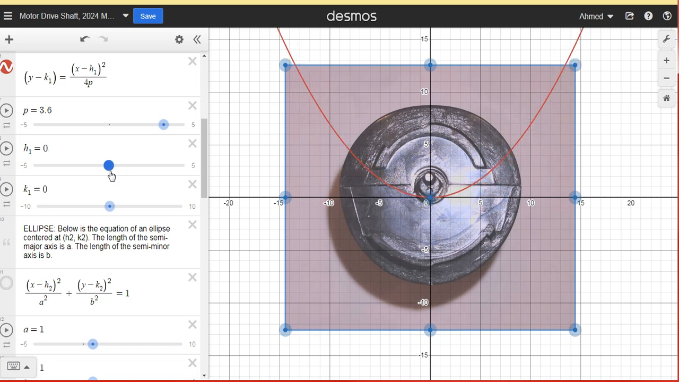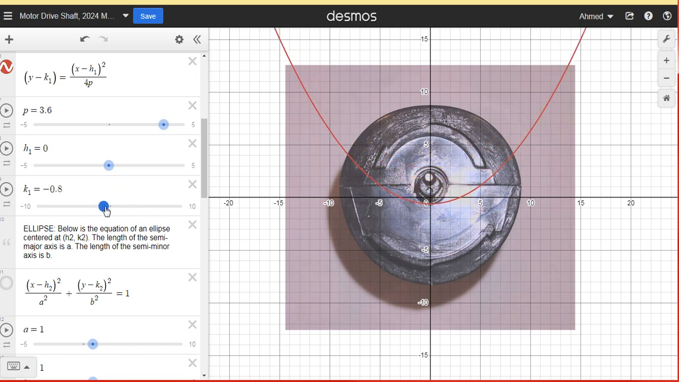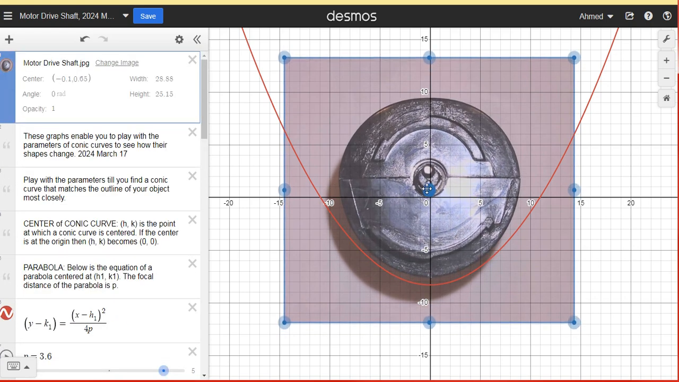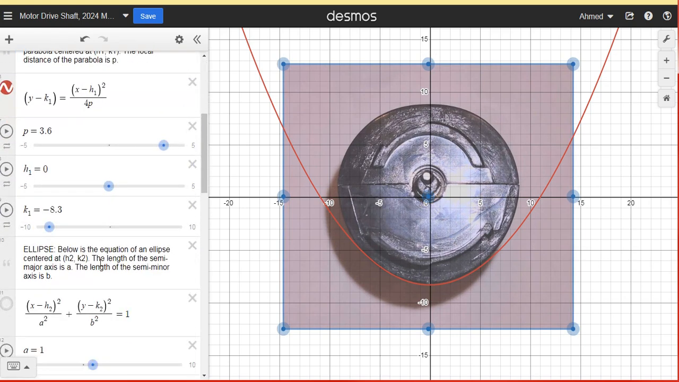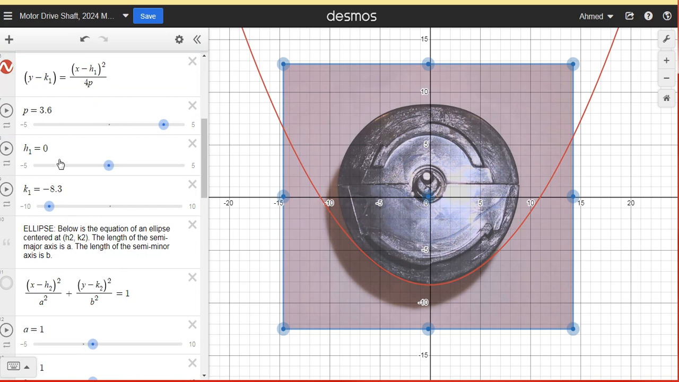Let's go back and leave it at 0, and let's try and move k. This will raise or lower the parabola, right? So you can do either of these things. You can lower the parabola here and then select the image again and try to move it around or something like that. Okay, now this just by chance, I picked a value for p on the slider, which is giving me a pretty good match for the lower portion of this